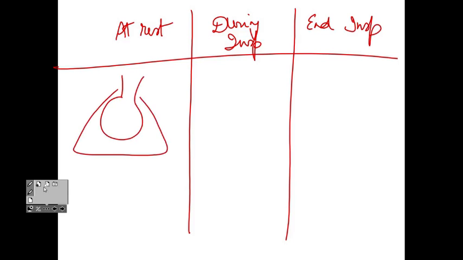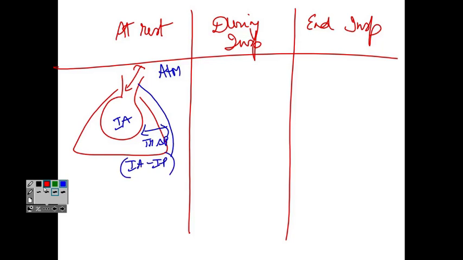So when we talk about breathing, what are the two gradients? One gradient determines movement of air in and out. That gradient is between the atmosphere and the intra-alveoli. The other gradient will determine whether your lung is expanding or collapsing, and that is called the transmural gradient. It's the difference of intraalveolar minus intrapleural. At rest, there's no movement of air. So what happens to your atmospheric and alveolar pressure? They are at equilibrium, they are zero.